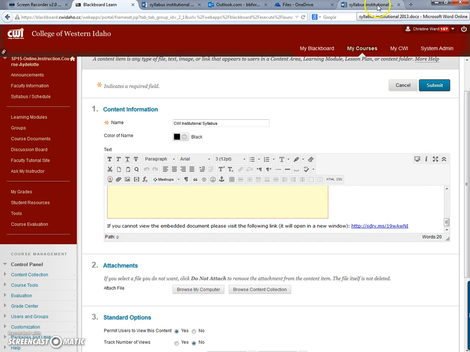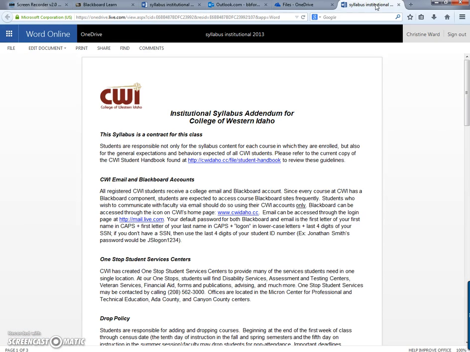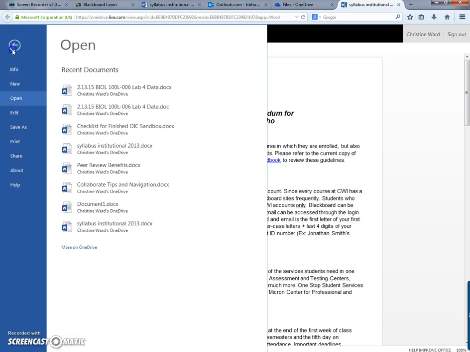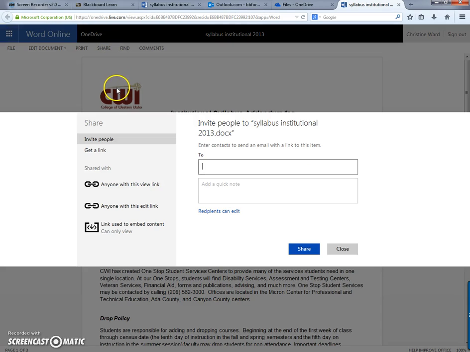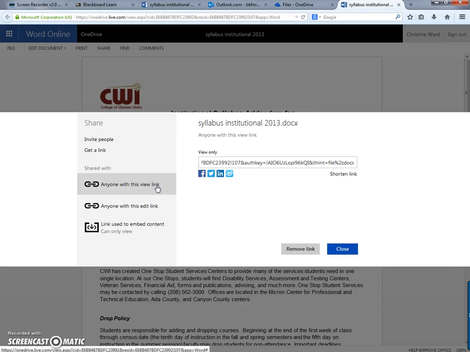So I'm going to come back into that syllabus. I can come to the Share button here, or I can come into the Share button here. It doesn't really matter. This one sometimes is easier for me. And I'm going to get anyone with this view link, which means they can't change anything. They can only look at it. I'm going to come in to shorten the code. Now I'm going to copy this code,